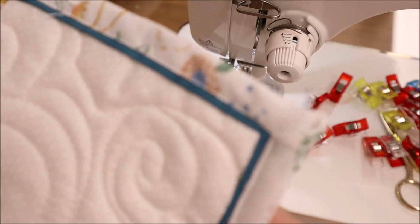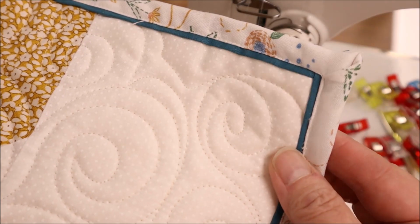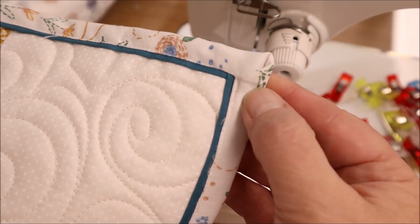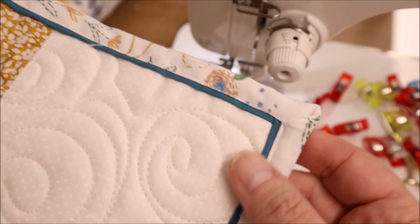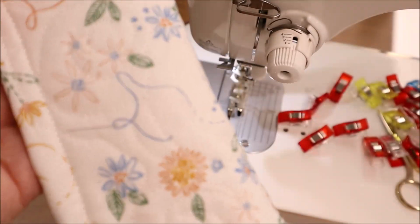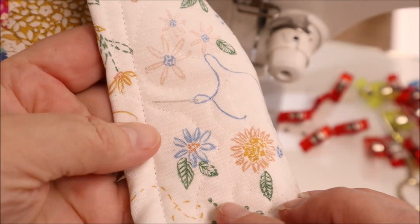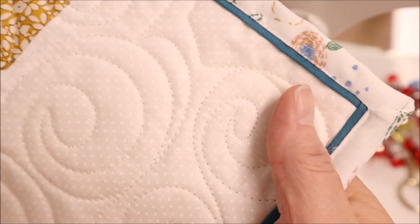So here is a look at my flange with my nice mitered corner. And again, this binding is the back side of the quilt. So I just rolled the back over to the front